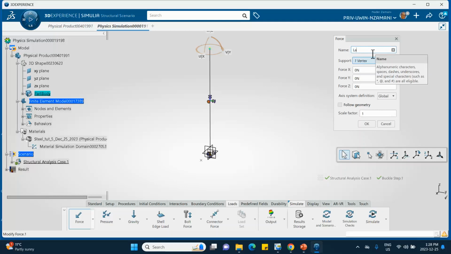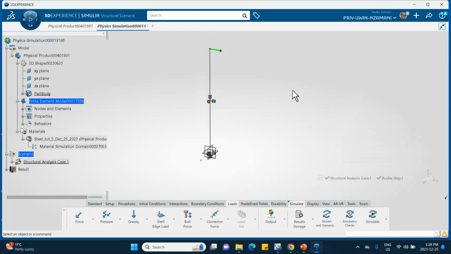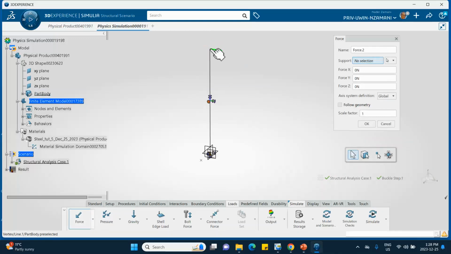Lateral force, 1 Newton. Oh, I said 100 newtons, right? I said 100. Okay, so in the direction Y, 100. Good, there we are. And another one in the direction Z,